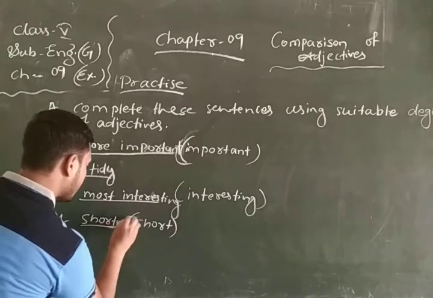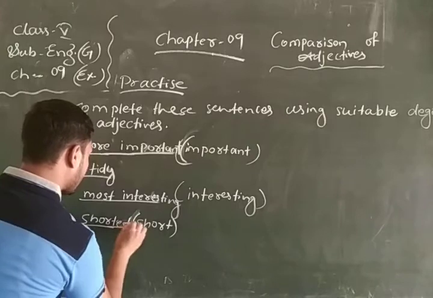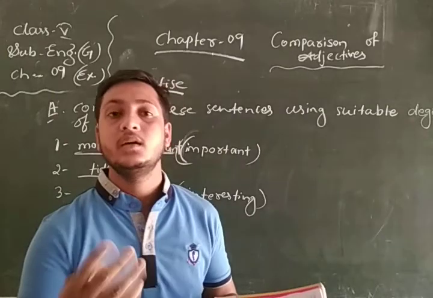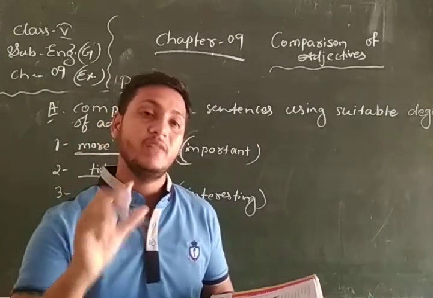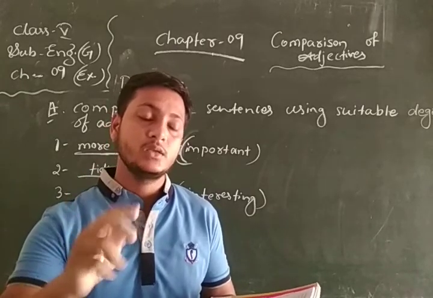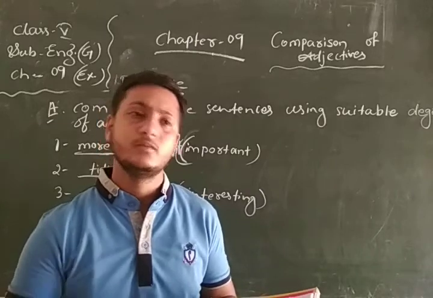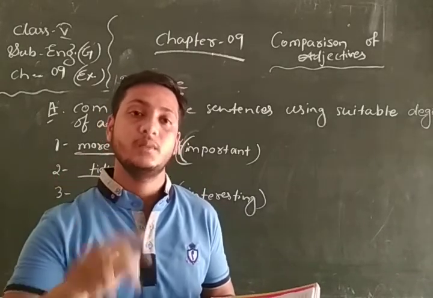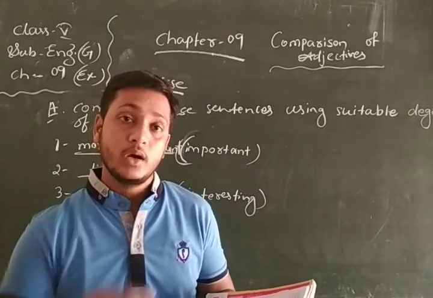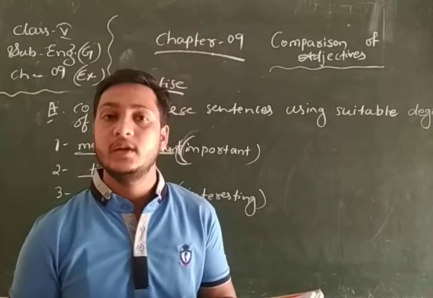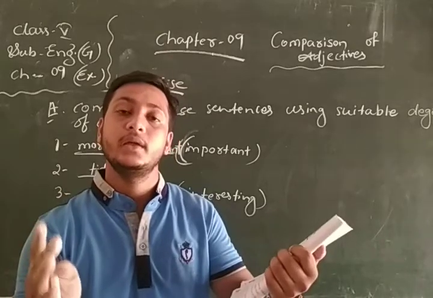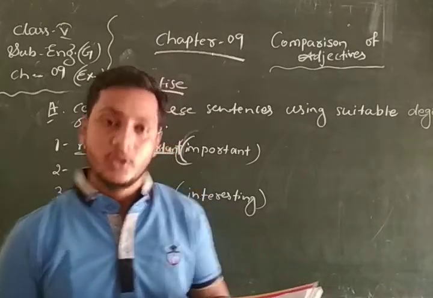Because we are comparing amongst the 12 months, February is the shortest month. ठीक है ना? 12 month में से कैसे February कैसा मंथ है जो कि बहुत ही छोटा होता है, जो कि 28 या फिर 29 डेज का होता है. तो अगर किसी ग्रुप में हमको कंपेयर करना पड़े तो हम सुपरलेटिव फॉर्म का यूज़ करेंगे. और अगर कहीं पे दो पर्सन दो थिंग के बीच में कंपेयर करना पड़े तो हम वहाँ पे कंपेरेटिव का फॉर्म यूज़ करेंगे. ओके,